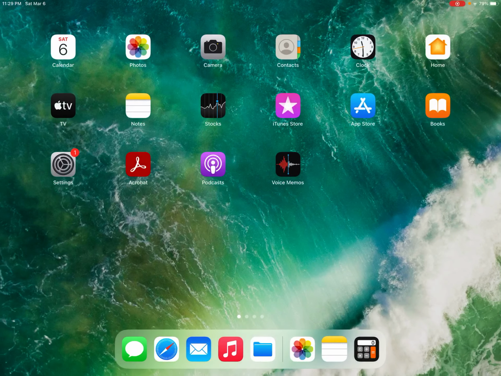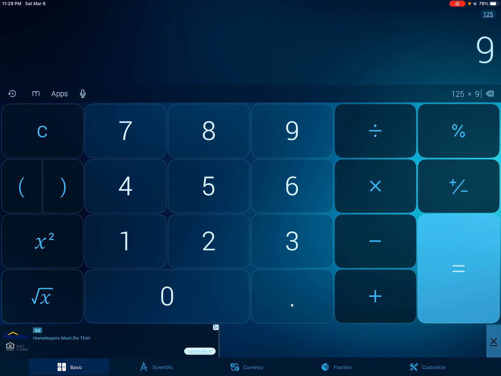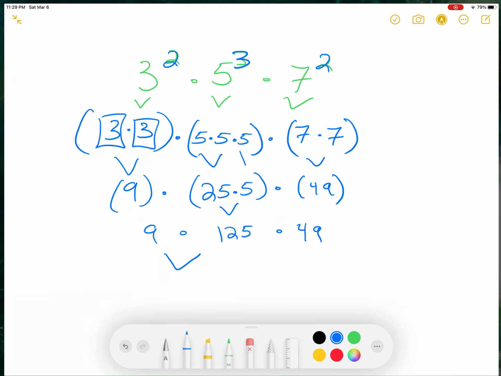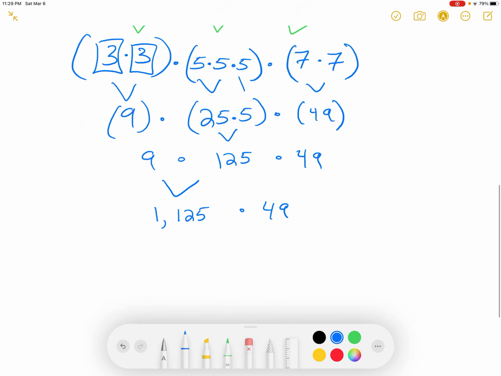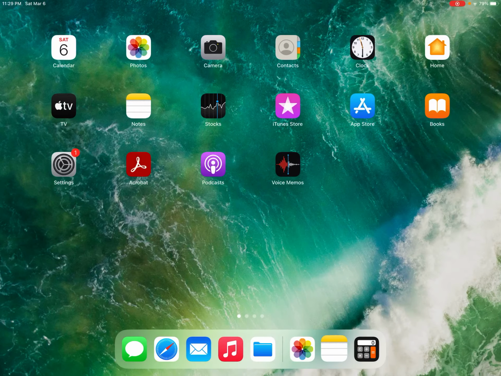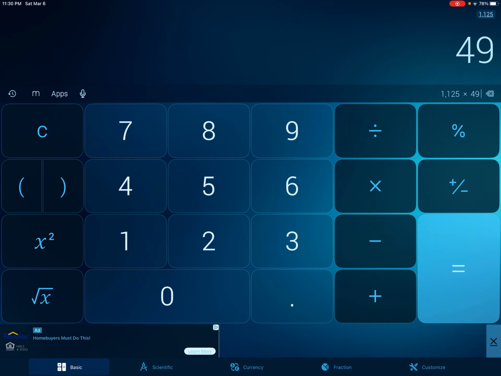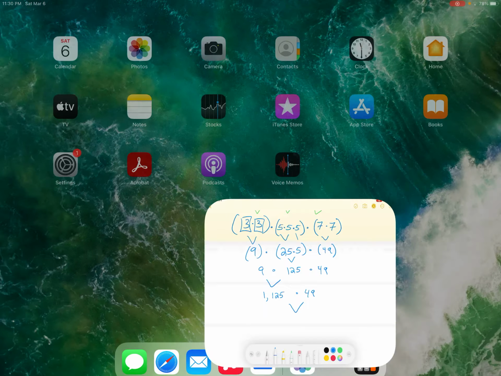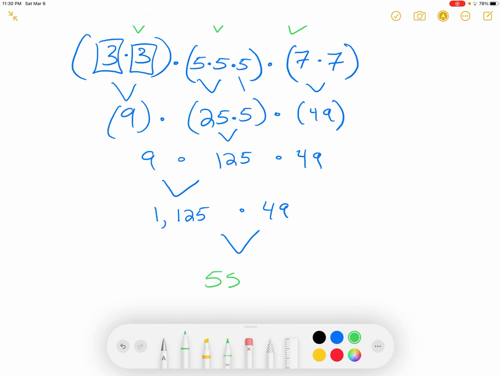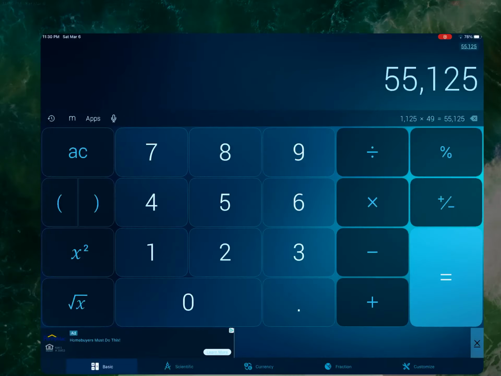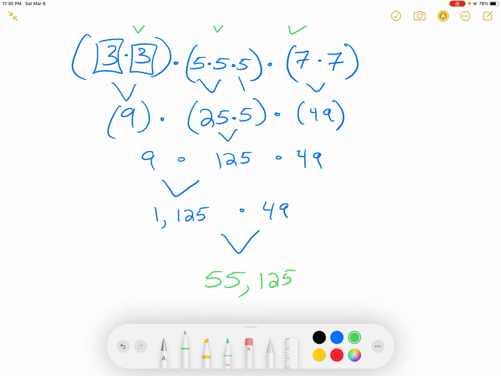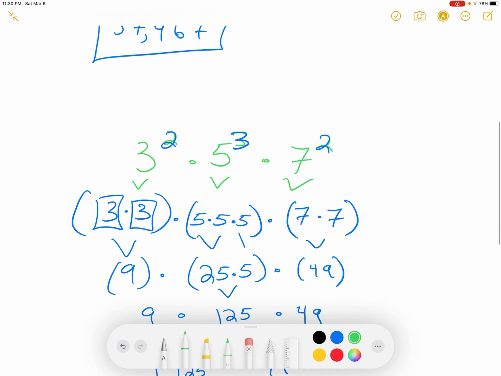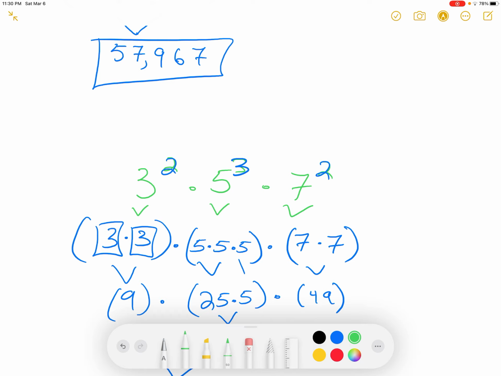Let's do 125 times 9 next. It's already loaded for us. 1,125. 1,125 times 49. That's our last step. That should bring us 55,125. I need to check that one more time. 125. And that is the final answer for that. So 3 squared times 5 cubed times 7 squared equals